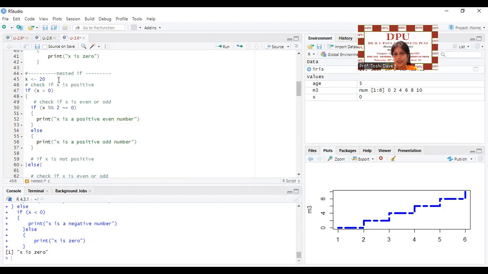x tends to 20, which is a positive number, fine. If 20 is greater than 0, the condition is true. What will happen? The true part will be, see, this and this. Indentation is provided. Clear? So, if 20 is greater than 0, now we will check whether that number is